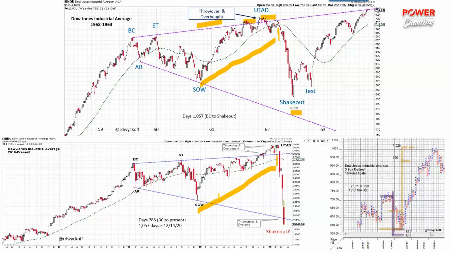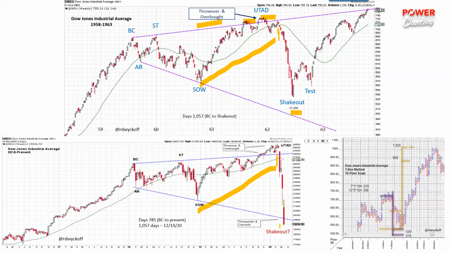And so this rally and this rally really do have similarities. I'm going to look at the point and figure counts in a minute and show you how I counted this area here in the current structure compared to how this was counted. And this count here worked really, really well. So here we are now, as of yesterday,